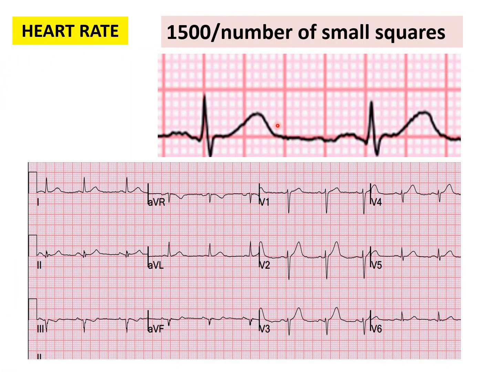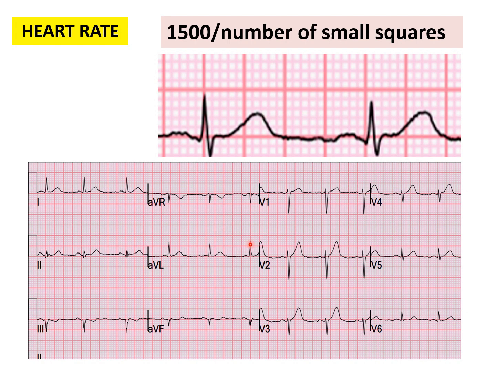Another easy method to check the heart rate by looking at the ECG is 1500 divided by the number of small squares. Remember, in between adjacent R waves, count the number of small squares. In the previous method we were considering the large squares, but here we consider the small squares. In this sample the number of small squares is 5, 10, 15, 20 and almost 21. So here the heart rate will be 1500 divided by 21. This will be around 72. So this is a normal heart rate.